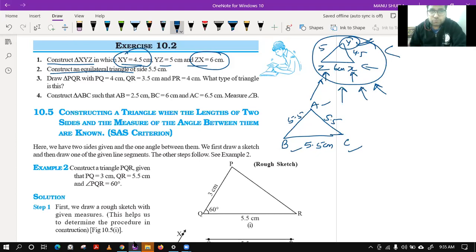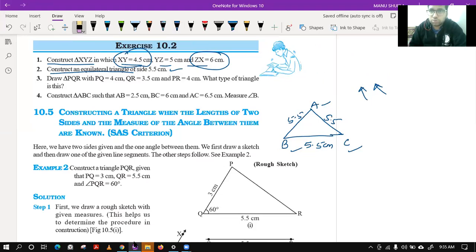Now, I hope question number 2 is clear to everyone. Please confirm. Question number 2. Nothing is there. We just need to draw an equilateral triangle in which we can take the base as BC 5.5. Why don't we use scale? Sarvagya, if you try to use scale, that will take a lot of time first of all, because getting the correct measurement will not be there. So let me erase these two and try the third question.